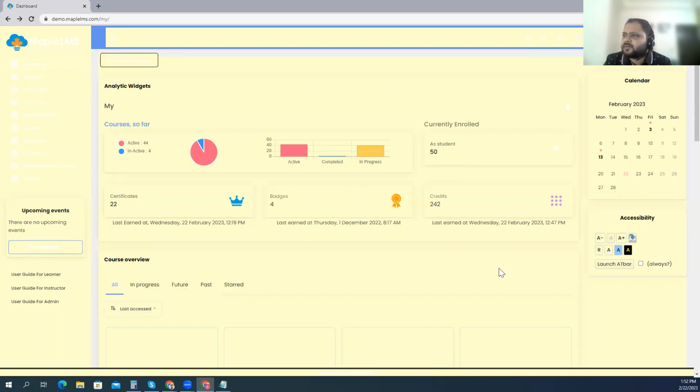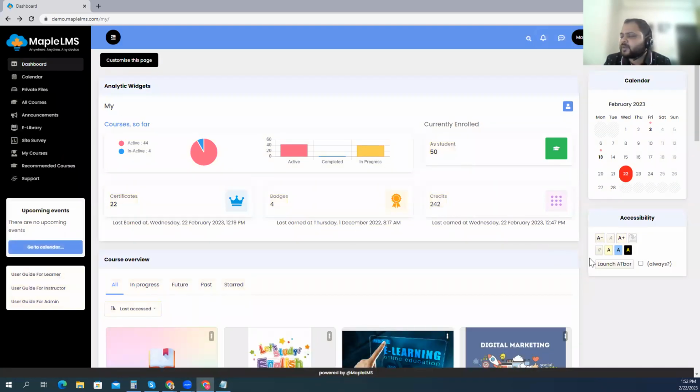So it varies, and depending on an end user's needs, they have these options to change the contrast of the system, the look and feel of the system. So if I reset, we'll be back to our standard settings and the standard look and feel.